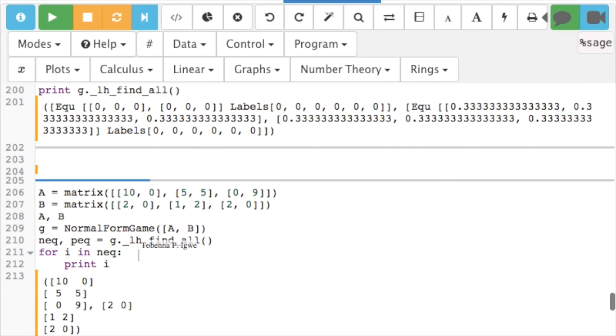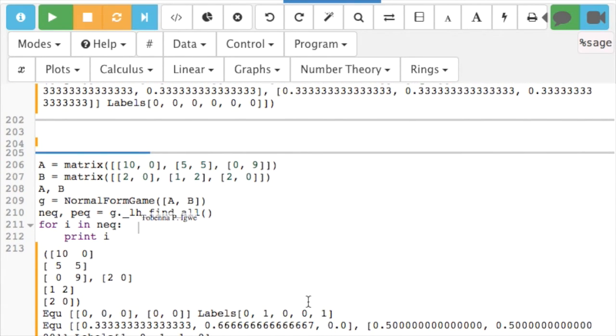So in this, the matrix A right there gives us the payoff matrix. The matrix game AB gives us the game which I showed you in the previous diagram. And in this, if we then try to find all Nash equilibria,